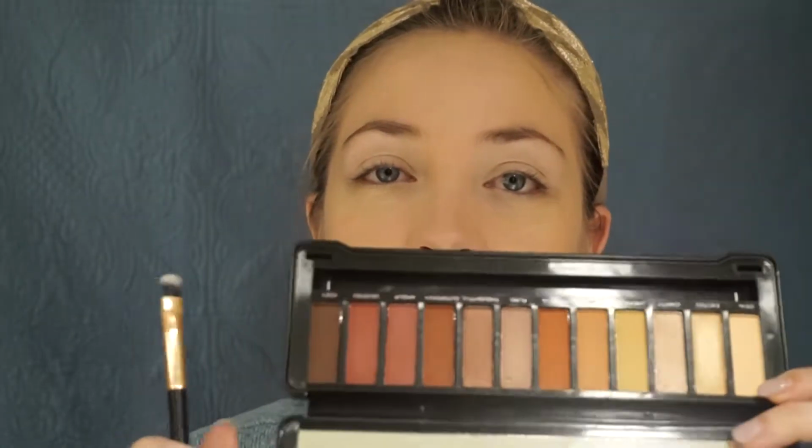The reason I chose this one over the other two options, because they do have this brand in 2 other color combinations. They had a smoky eye set as well as a nude eye set, but I went with the amber one because I felt like it had the most color combinations that I could use. I'm not a person that likes to wear dark eyeshadows, so the fact that there's only one kind of dark eyeshadow really was like,